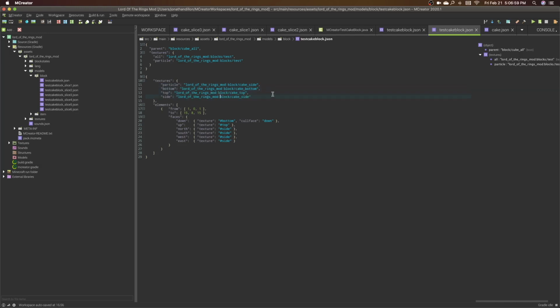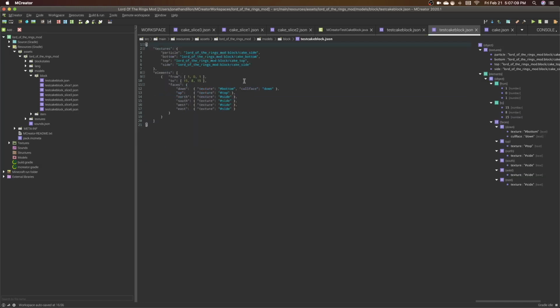This in-game right now will cause it to show the error texture, but don't worry, it is still just fine. Delete from above, and you are all good for your test cake